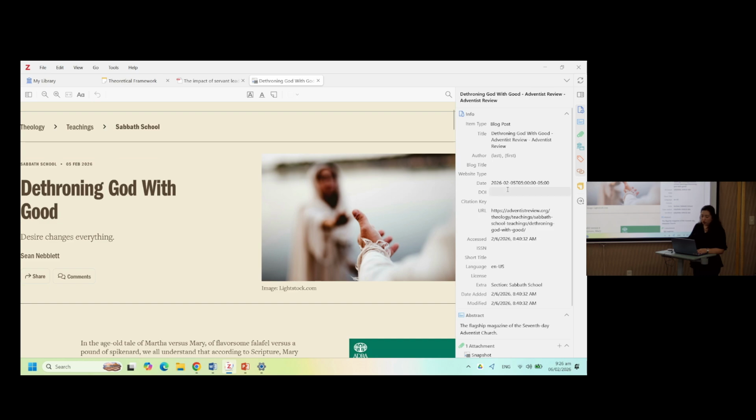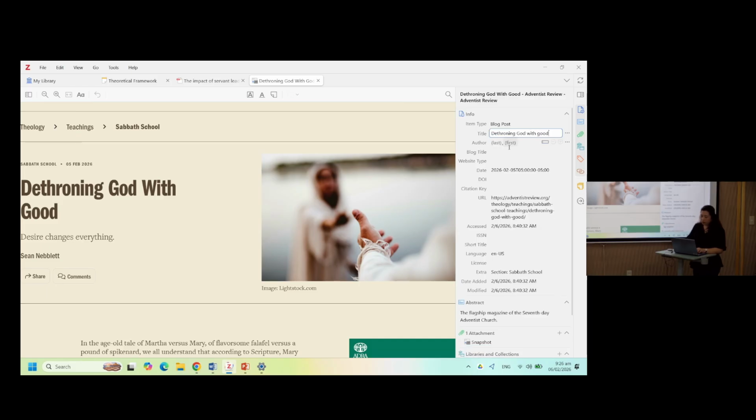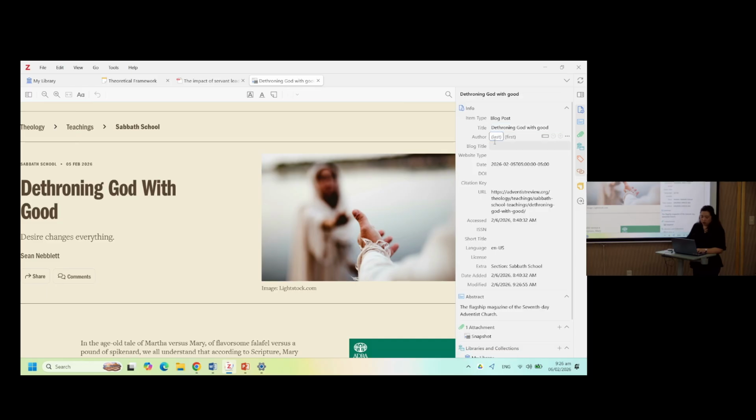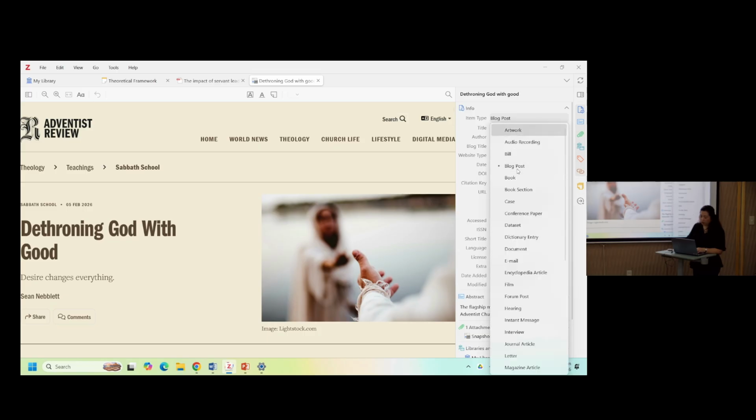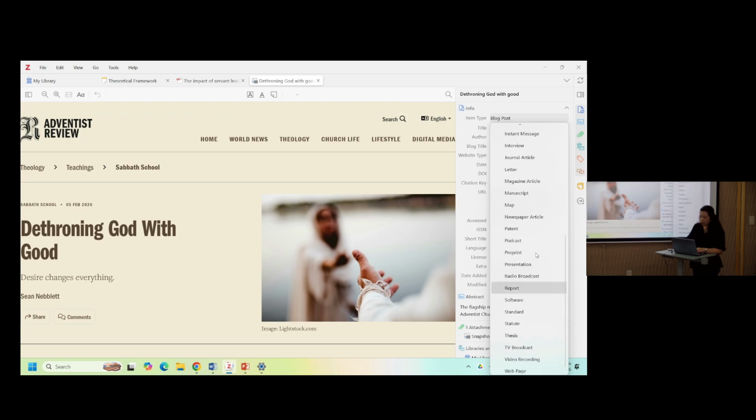So who is the author of this? So you have to fix first the author is Nablet. And is this a blog post? This is not a blog post. This is actually a newsletter. It's a magazine article.